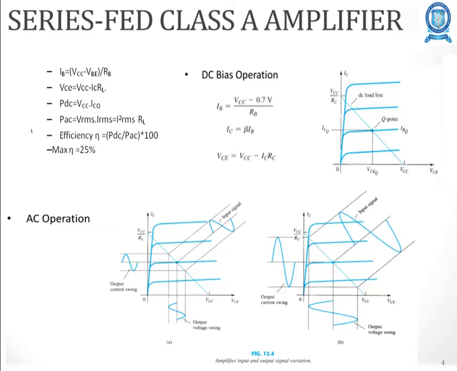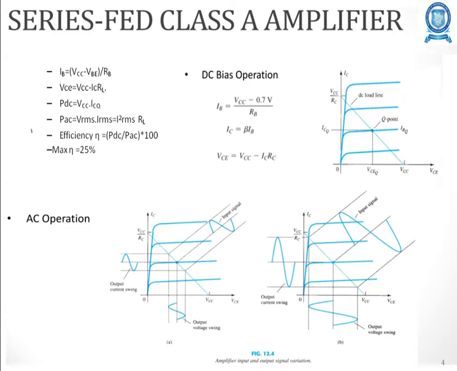Let us find the expression for the AC power delivered to the load. Vm equals Vmax minus Vminimum divided by 2. Similarly, Im equals Imax minus Iminimum divided by 2. Therefore Vrms into Irms, where Vrms equals Irms into RL. Using the RMS value, AC power equals Vrms squared divided by RL. So PAC, using the peak value, equals Im squared into RL divided by 2, therefore Vm squared divided by 2 RL. So AC power equals Vmax minus Vminimum into Imax minus Iminimum divided by 8.